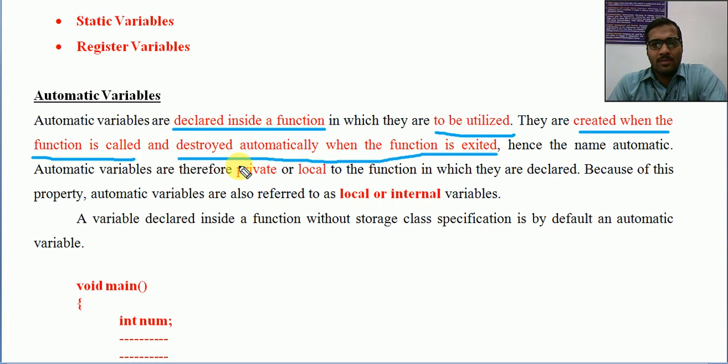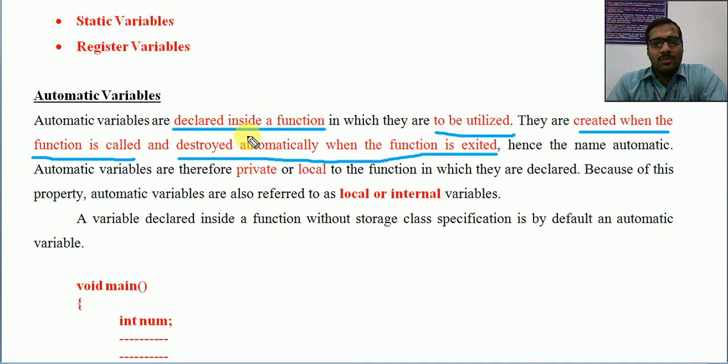So far we never discussed the lifetime of a variable. We are declaring a variable, for example finding the sum of n numbers, and then we are getting the result. We don't know what will happen to that sum variable after the execution of the program. That decides the lifetime, how long it exists within the storage. So on the theory side we are discussing all this information.